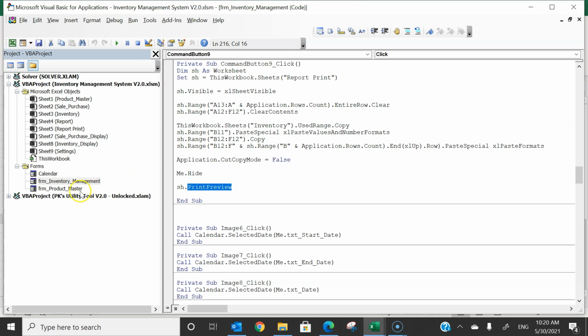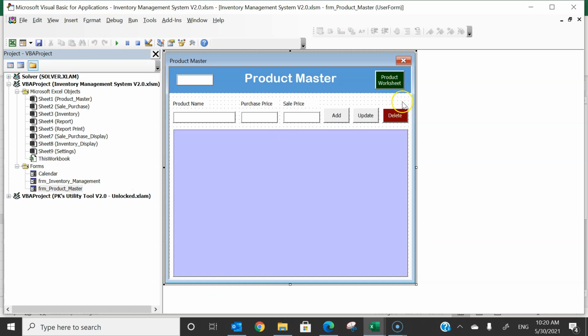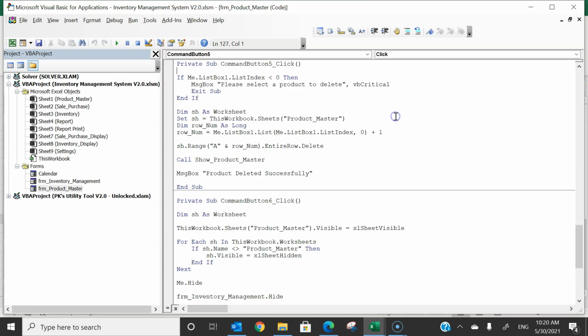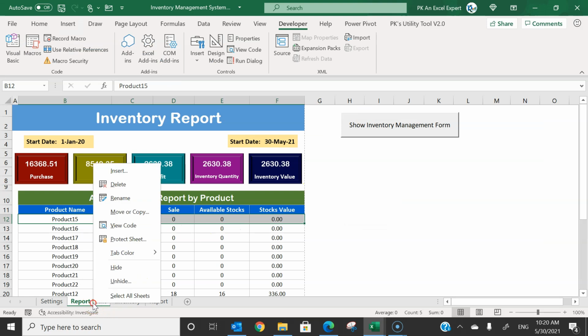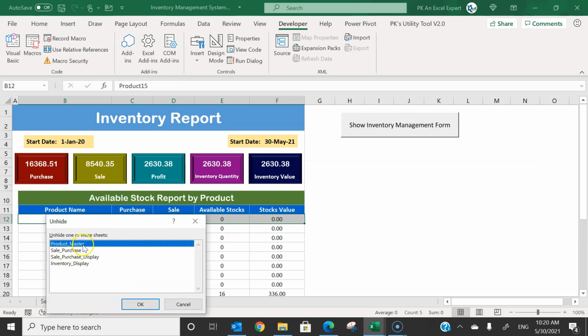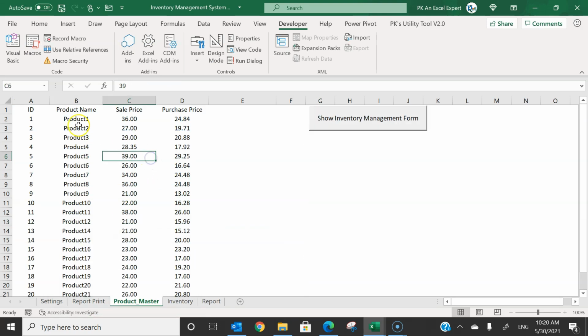Now quickly I will show you the product master, and I have added this delete button here. Earlier the extract button was there, but I have removed that button to extract the data into Excel, because you can copy the data from the Excel sheet also by using this button. So let me double click on this delete button and let me explain. Let me go to the first product master, just unhide this sheet and go to the product master. We have this product master sheet here.